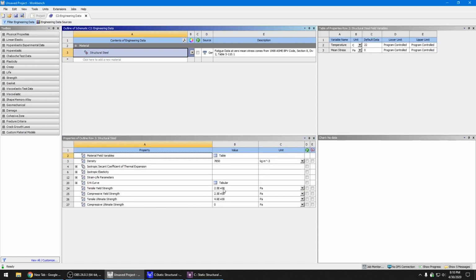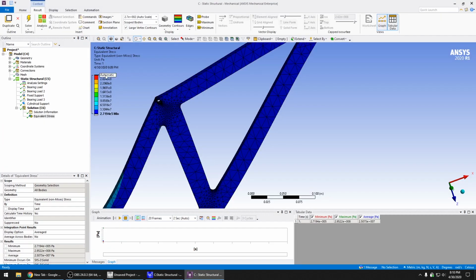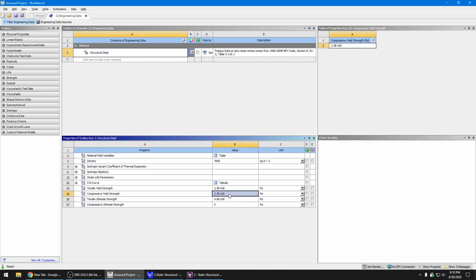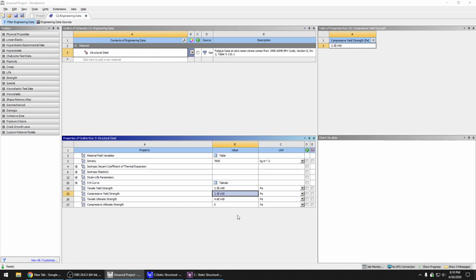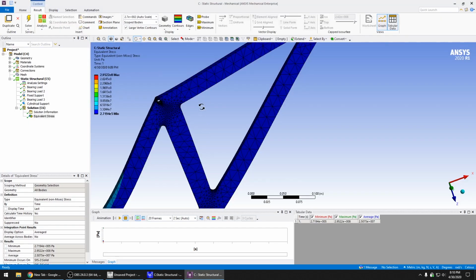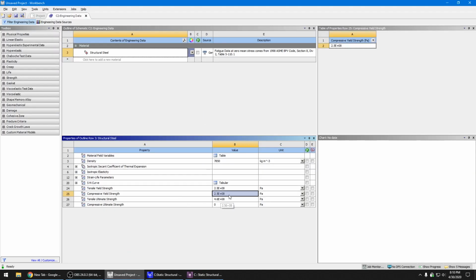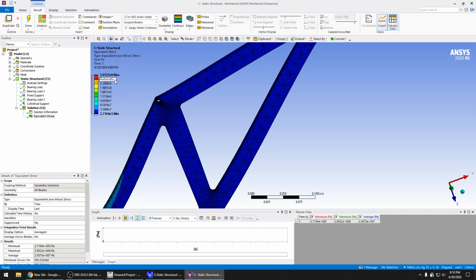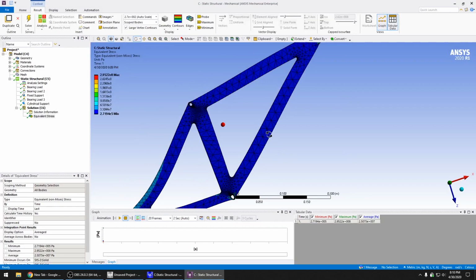And we can, 2.9 times 10 to the 8. So it does indeed yield. 2.95 times 10 to the 8 is more than 2.5 times 10 to the 8. They're still pascals. Okay, so it does yield, but